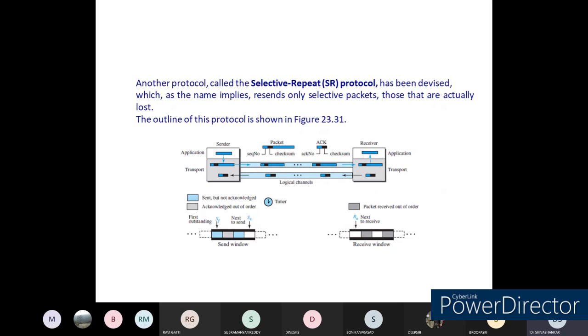Right, this is the structure of the selective repeat protocol. Because selective repeat protocol is also one type of protocol at the transport layer. So that's why the sender and receiver, both application and transport layer, will be there. Packets contain a sequence number and a checksum, and the ACK is also there. So here at the bottom we can send but not acknowledged. So for example,